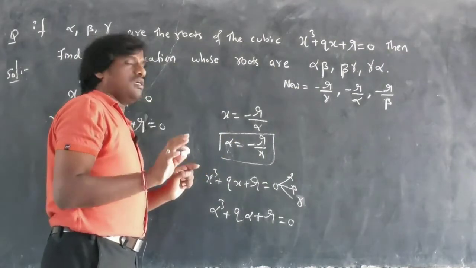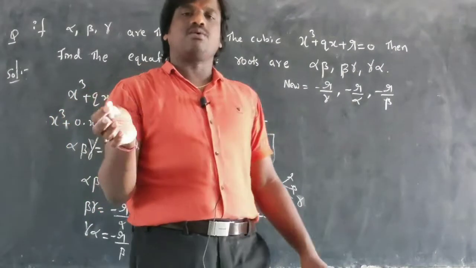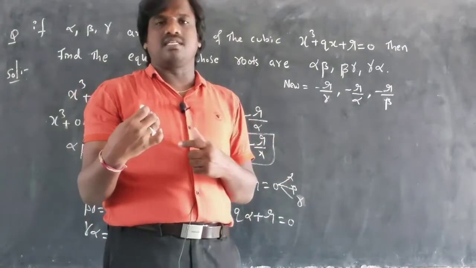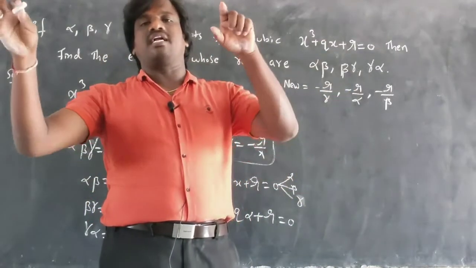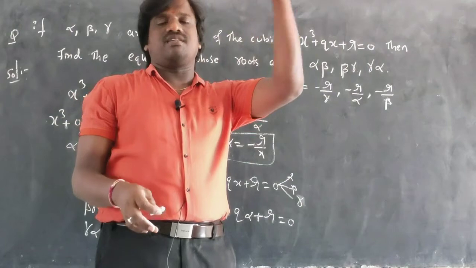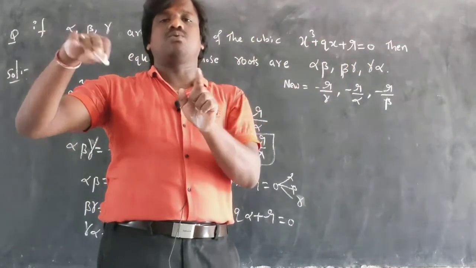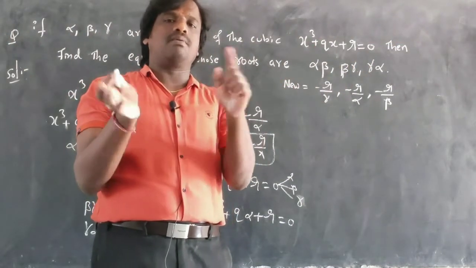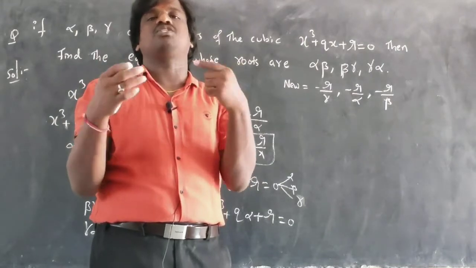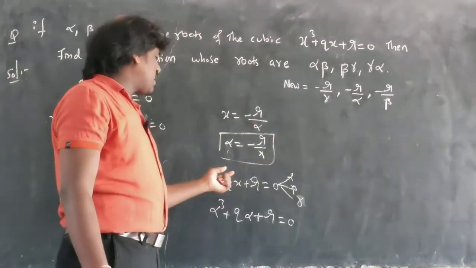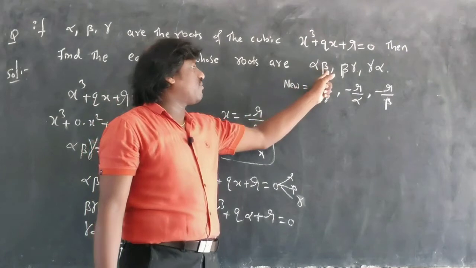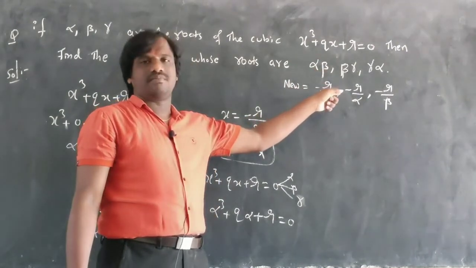That is our target. I explained this in quadratics also, forming these things: find the new quadratic equation whose roots are these. If this is a quadratic equation, find the new quadratic whose roots are these. This type of model problem we solve. This is called transformation of a quadratic equation. So we transformed the required one into another form. That's it.